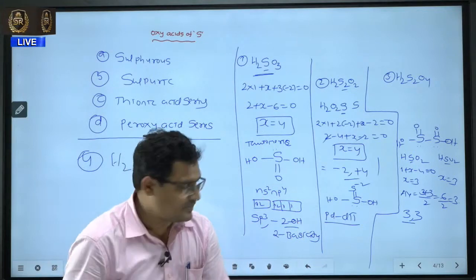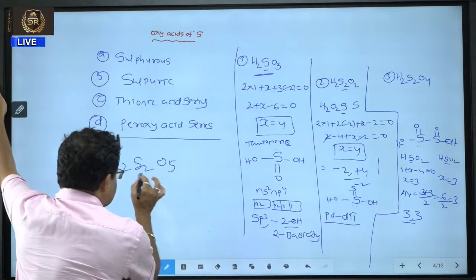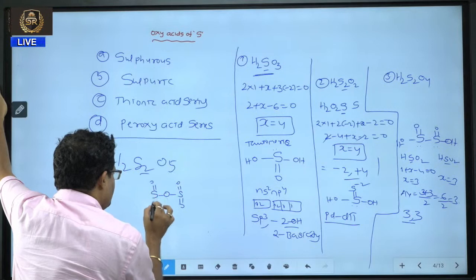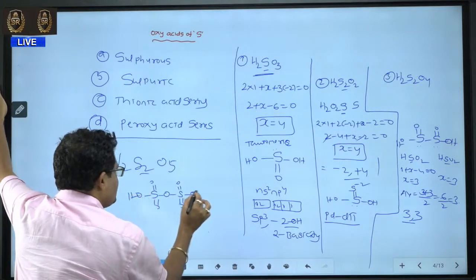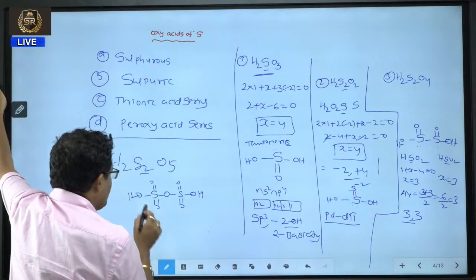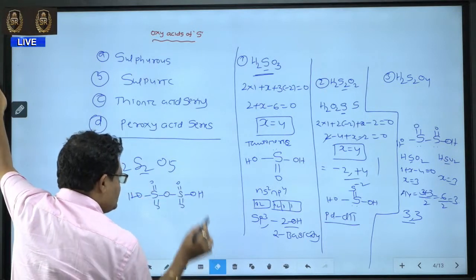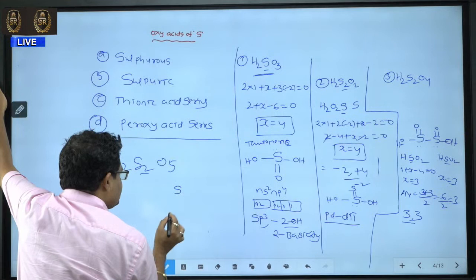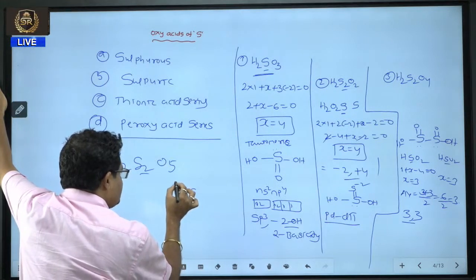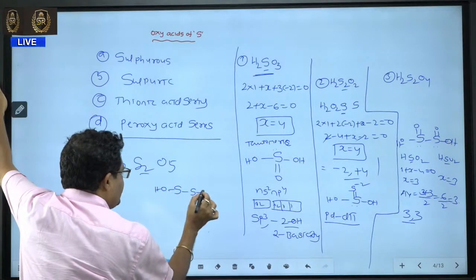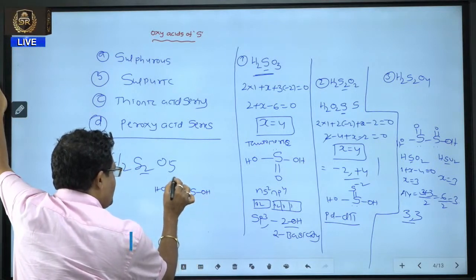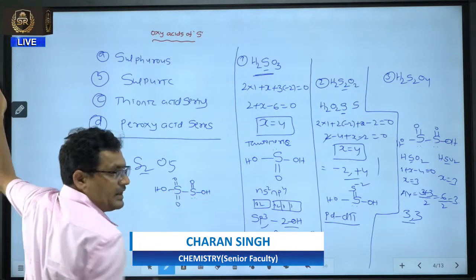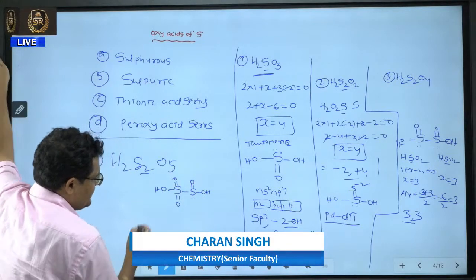Now what is the oxidation states of this one? So now we have to find the structure: S, oxygen, double bond, double bond, double bond, double bond. This is OH. It is wrong, due to what happened? 1, 2, 3, 4, 5, 6, 7. It is wrong. So what is the pyro oxidation state? Now this is S, S. Here this is 1 OH, this is double bond. 1, 2, 3, 4. Double bond paired electrons.